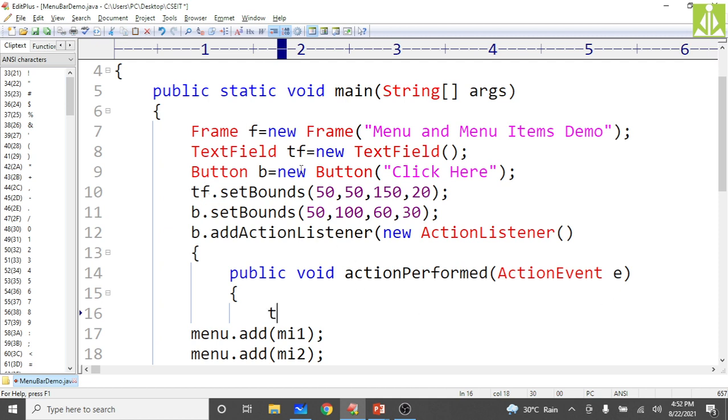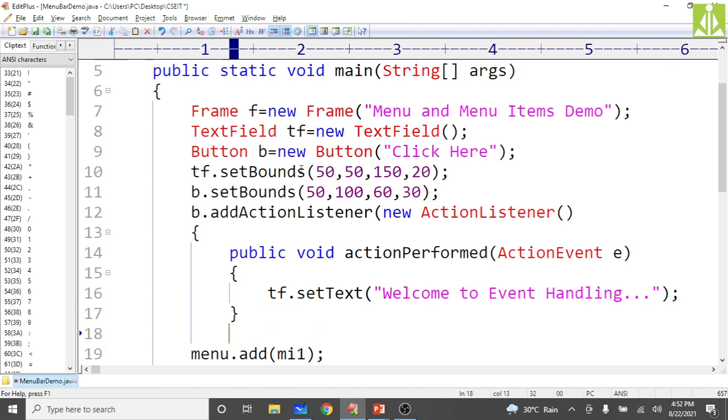So tf.setText is the method which will add the text like "welcome to event handling". So this sort of message we are printing. Now close this one, then close this and put the semicolon at the end.